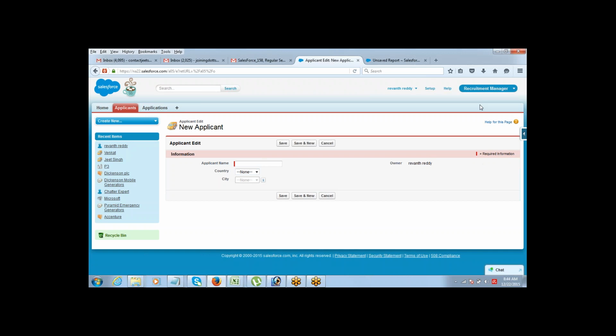Anyone who has created this recruitment manager app a little more, because I just see two objects here. Anyone who has created it a little more, all three objects, things like that. Yeah, I have created. You have created. Do you mind sharing your login ID and password so that we can use that for doing the page layout thing? Yeah, sure. Just put it as a message in the chat window. We'll log in to that account.